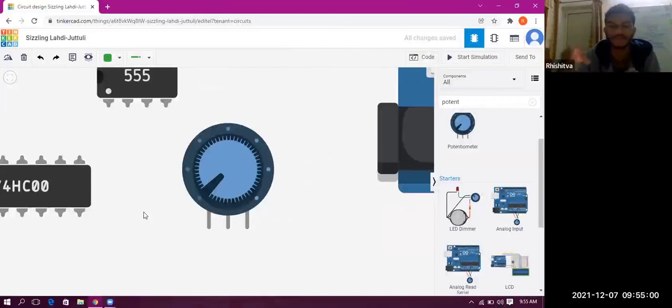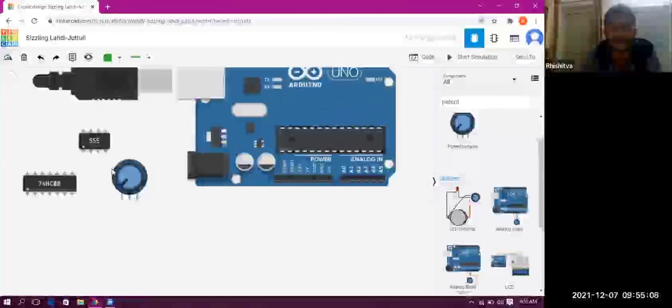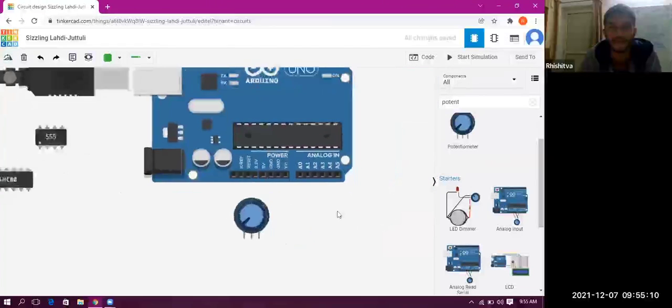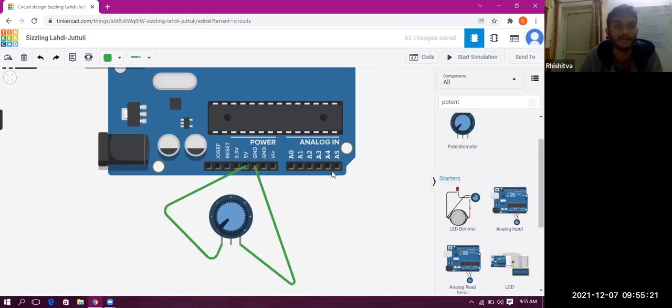What you must have studied as V equals IR in Ohm's law, right? So if you change the resistance, the input voltage that you get changes. How do we connect this potentiometer with this Arduino? From one terminal, we join the 5 volt, and from the other, we join the ground. And then from this wiper, we give the voltage to any circuit that we need, right?